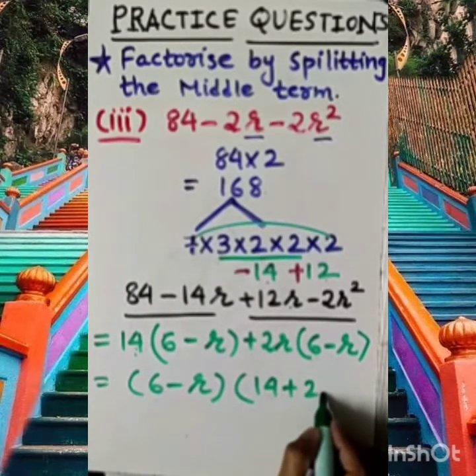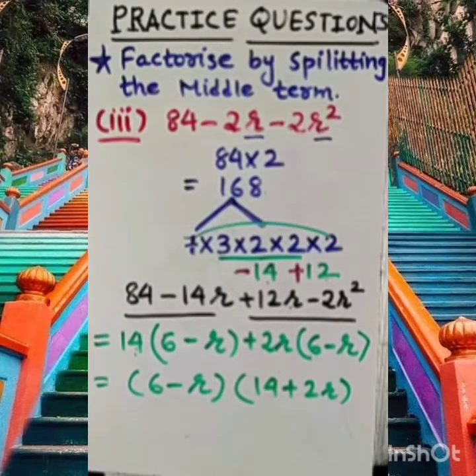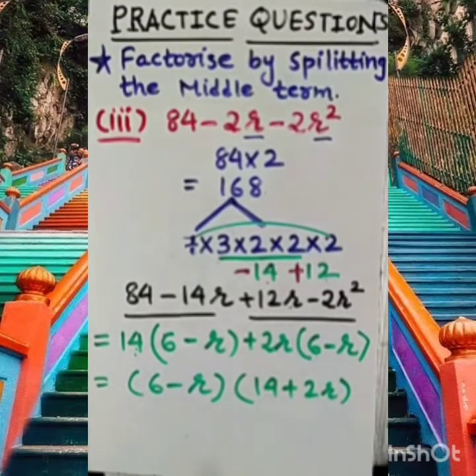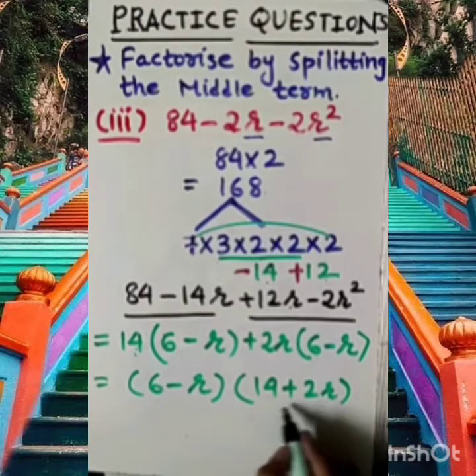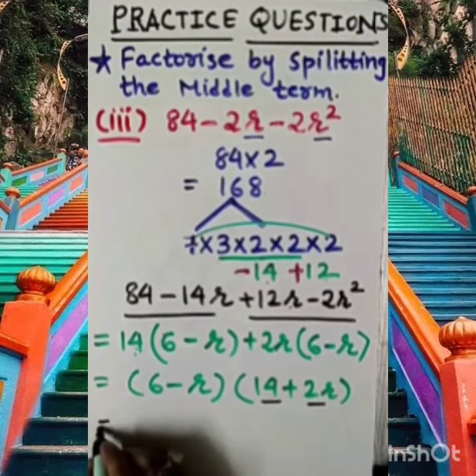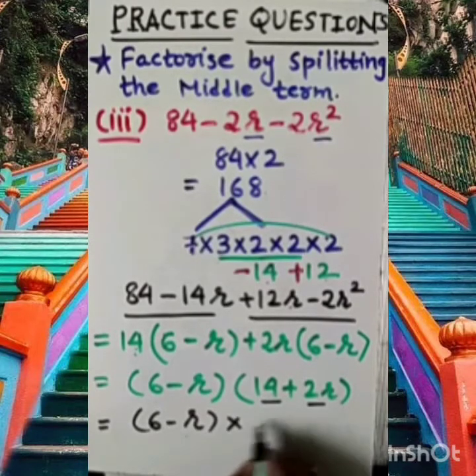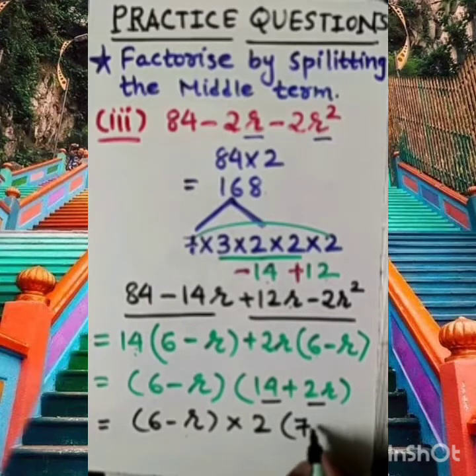Okay. Now you can see, dear student, something we can take out common from these two terms also. So how to work on that? We need to take out 2 common from this and this also. So let me write this here. This is as it is I am writing. From these two terms 2 is also common. So 7 into 2 is 14 and 1 r is also left.